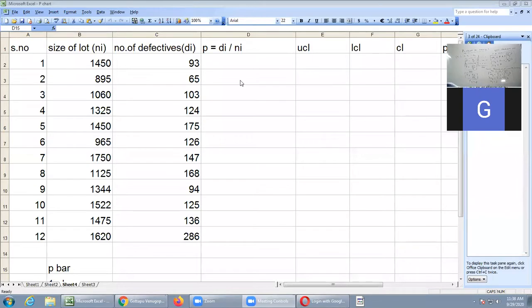What you have to calculate first is the standards not given case, because capital P is not given. Standards not given means you require P bar. For calculation of P bar, you require p values. So place the cursor in the first cell, p values you have to calculate. What is the formula? di by ni. Now the difference is d values are changing, n values are also changing. In the previous case, n value was fixed. That's why you typed that value. Now n values are changing, d values are changing.